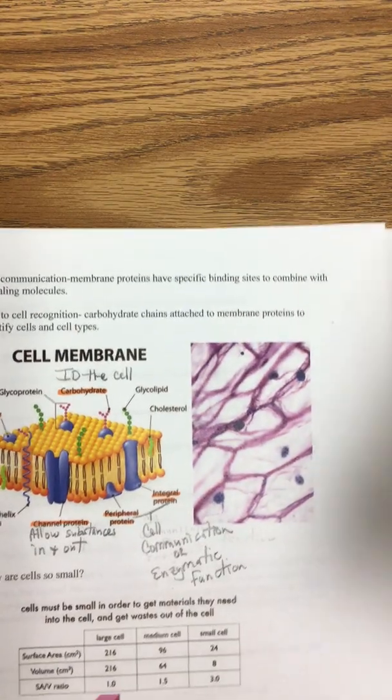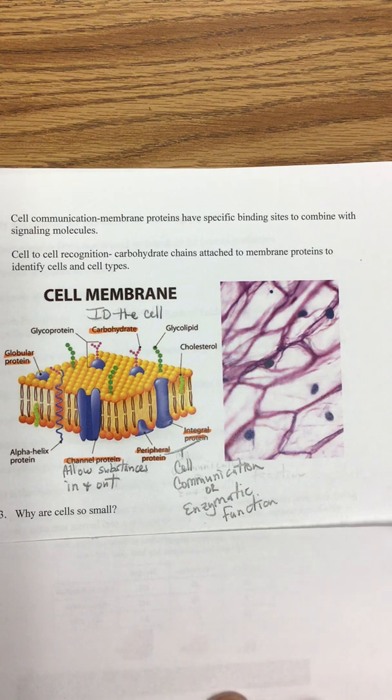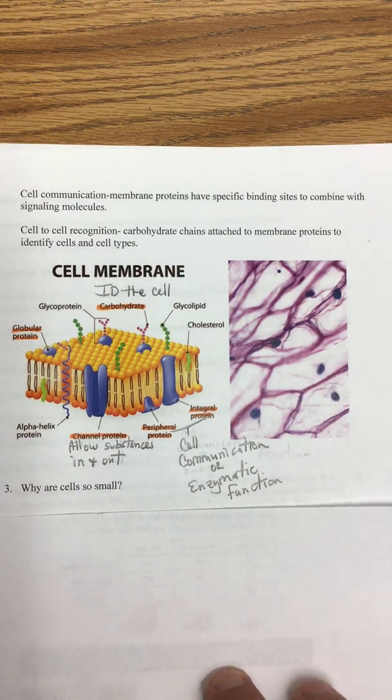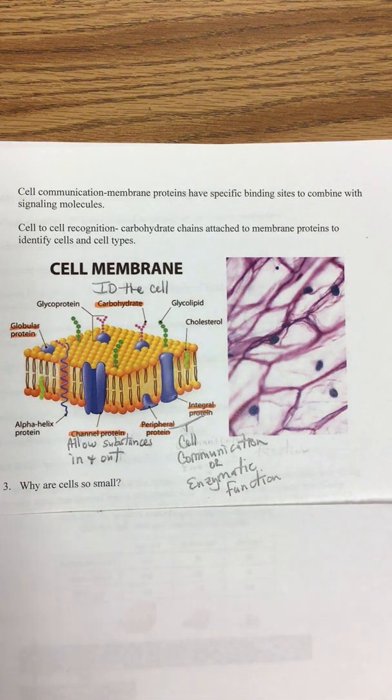Cell communication. Membrane proteins have specific binding sites to combine with signaling molecules. So that is a topic that we'll talk about. Epinephrine, we'll talk about steroids, and how they can communicate with various cells and get a response. And then cell-to-cell recognition. There are carbohydrate chains attached to the membrane proteins to identify cells